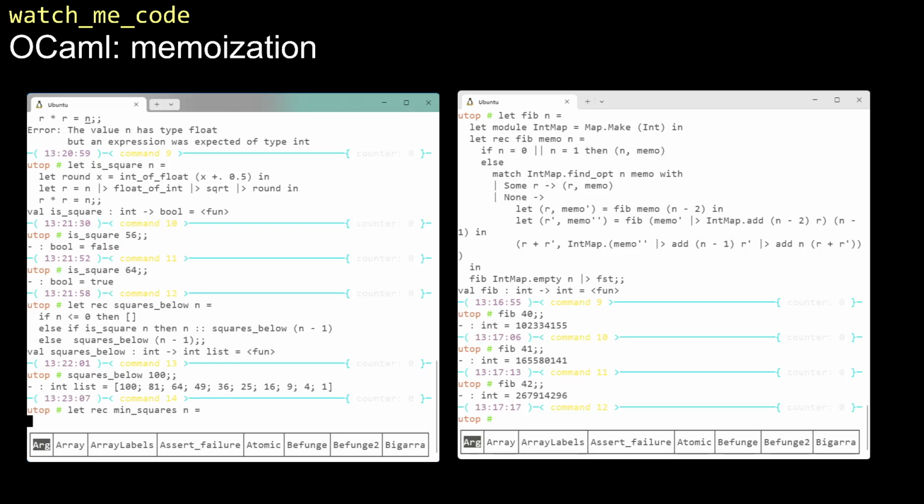There's no shorter, there's no simpler solution than that. Otherwise, we're going to take a look at all of the squares below n,